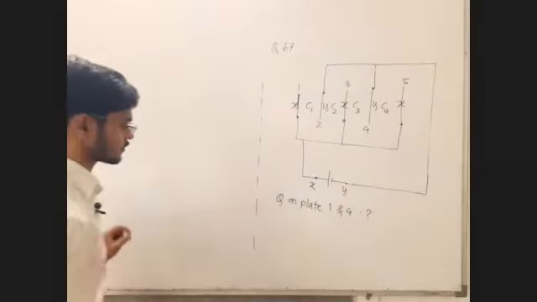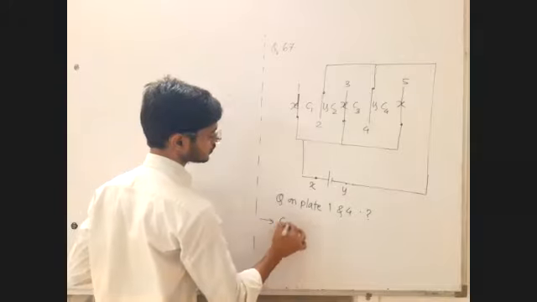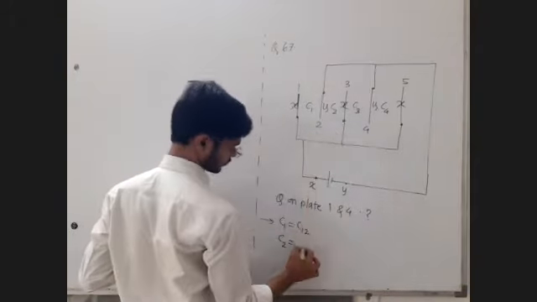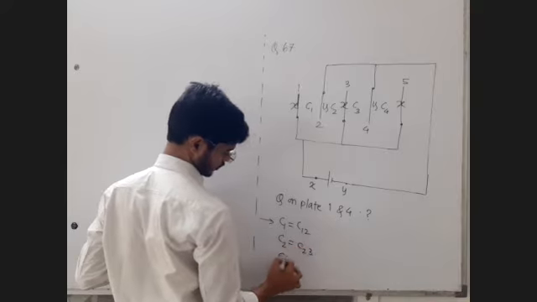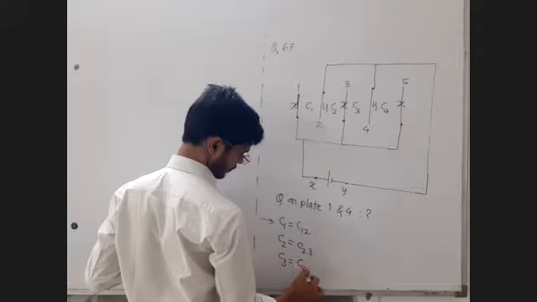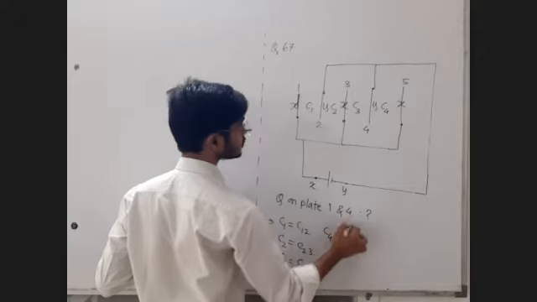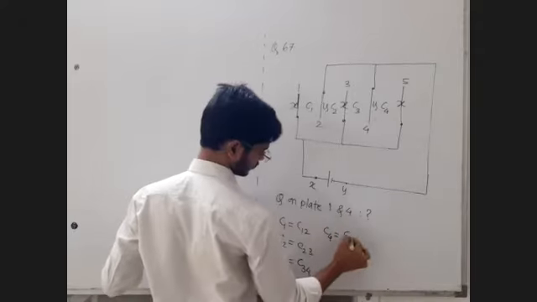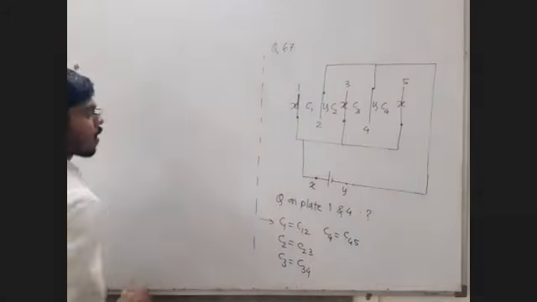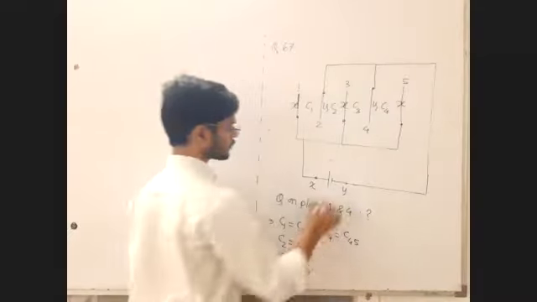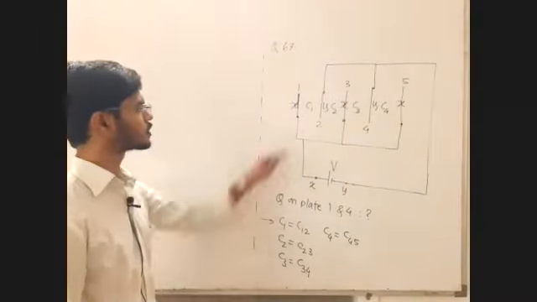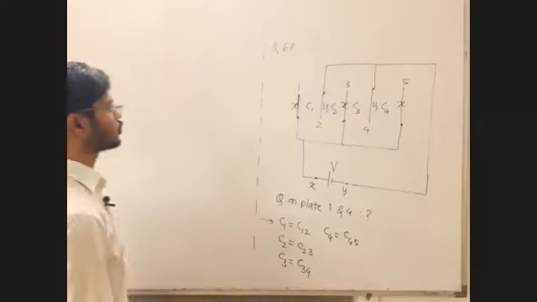So what we will write is this. C1 is C12, C2 is C23, C3 is C34, C4 is C45. Okay, and now we can draw the diagram. Now how many points in our circuit do we have? This is the potential difference V. It's given in the question itself. How many points in our circuit do we have? Sir, only 2 points, X and Y.